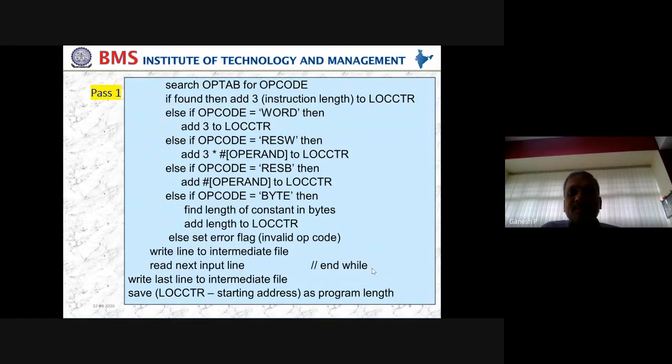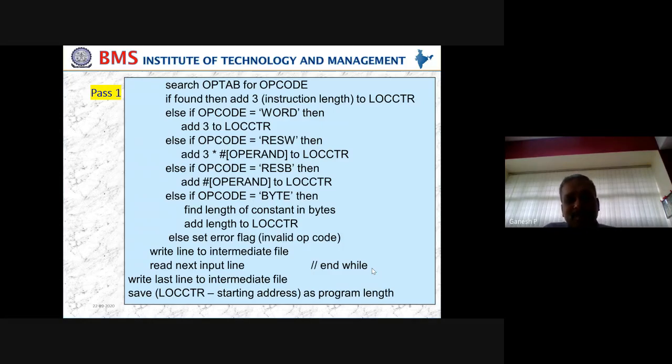If the opcode is equal to RESW, RESW means the number of words we are going to reserve. When I say RESW 5, RESW 20, yesterday also we have discussed. If it is 1, we have added 3. If it is 4, we have added 4 into 3, that is 12. Similarly here, if RESW is used, then whatever the operand is, multiply that with 3.